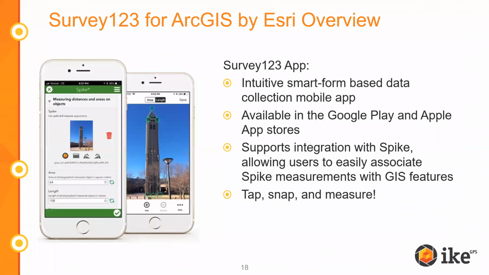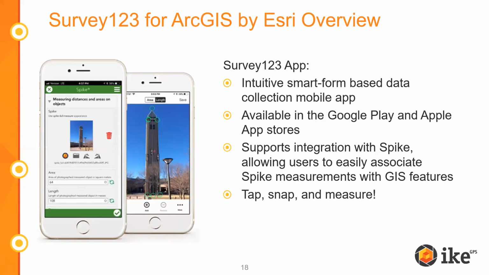But anyway, I got a little bit ahead of myself on this slide when we already talked about Survey123. But Survey123 is available in iOS and Android, and the simplicity and the ease of use and the effectiveness of Survey123, especially in relation to Collector, is great. Collector's good for going out and doing certain things, but Survey123 is just a little bit different. I won't spend a lot of time talking about the differences. Actually, I won't spend any time talking about the differences other than what I've talked about so far with Survey123 and Collector.